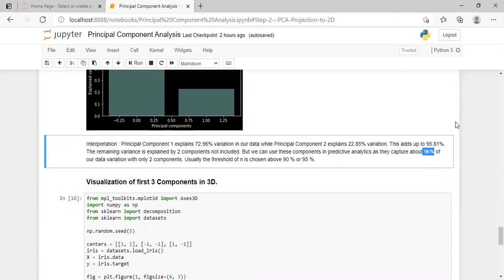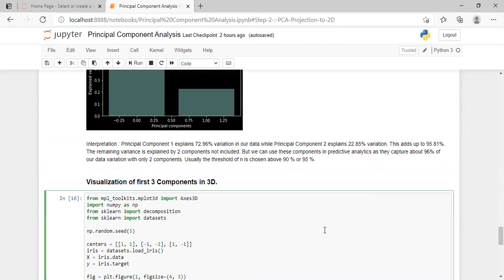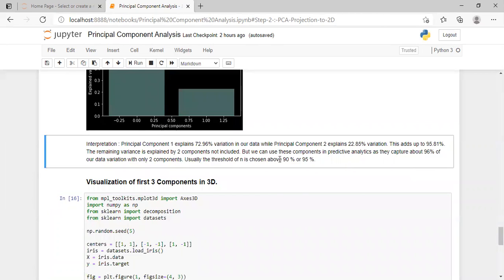The 96% variation of our data is maintained by the PCA. So when we implement this technique on large data sets, this is a huge benefit, because our feature space is reduced, our number of columns is reduced, but most of the data has been preserved and utilized.